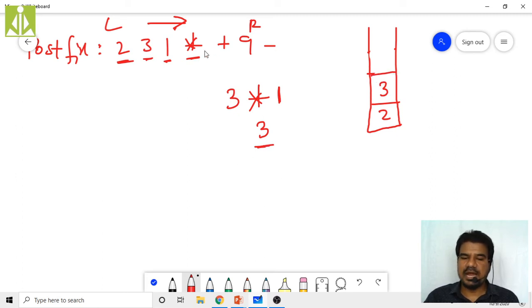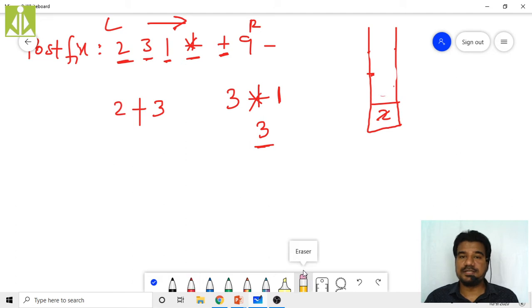Next, go to the string and check the next character. So next I have plus. Again it is a binary operator, so 2 operands I need to pop. First I pop 3, taking it to the right side of my operator. Next, the remaining 2, I pop and add it to the left side of my operator. This right side, left side is very, very important. Then remove this 2 also from the stack. Now evaluate 3 plus 2. How much? It is 5.